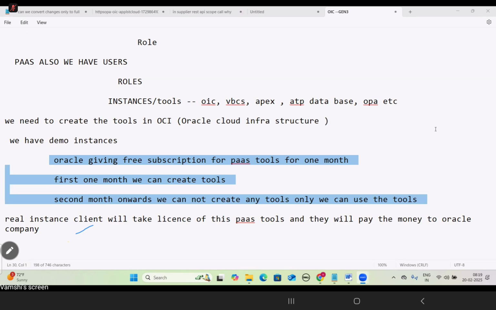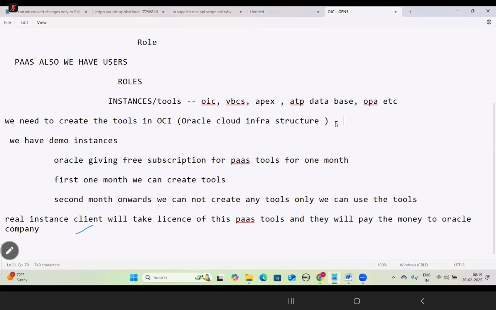Within 1 month, we need to do it, sir. Like only over 1 month is it for the demo instances. Yeah, within 1 month only. First, we can create the demo instance. First, we have to create the subscription for the OCI. So this required